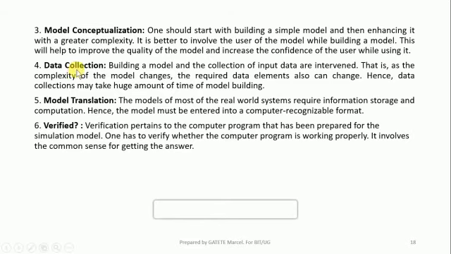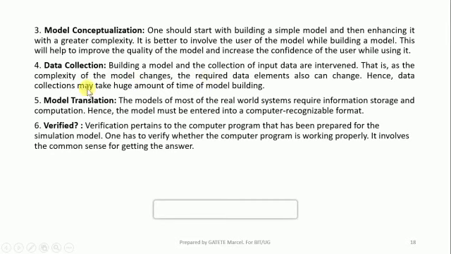The fourth step is data collection. Here we have to collect data. Building a model and the collection of input data are intertwined. It means that when you are building a model, you also have to collect some data for input. So all these operations go together. As the complexity of the model changes, the required data elements can also change.